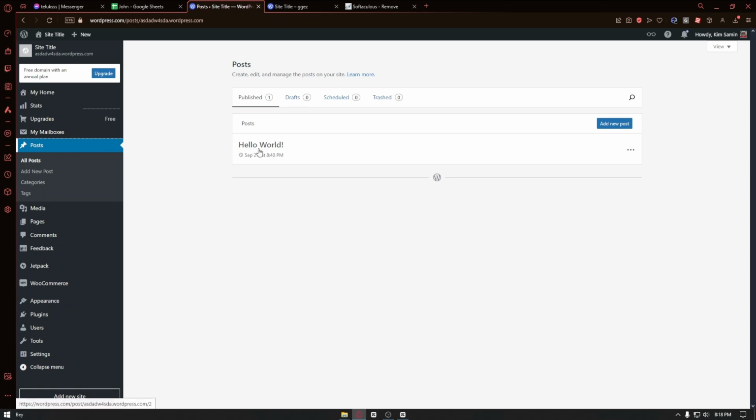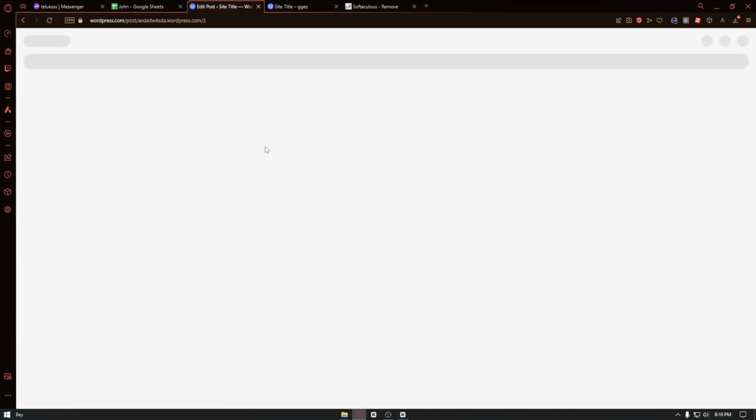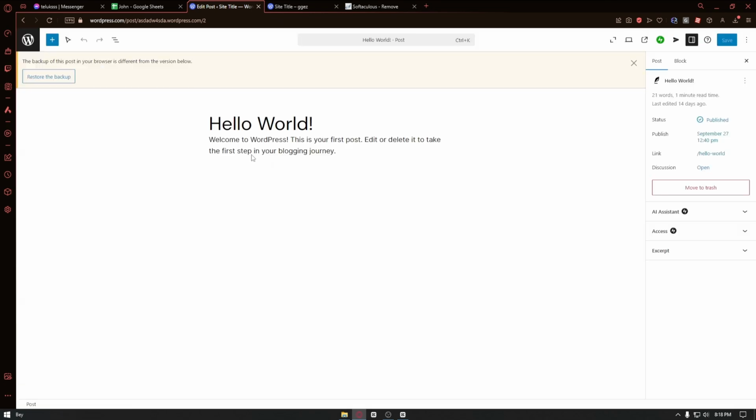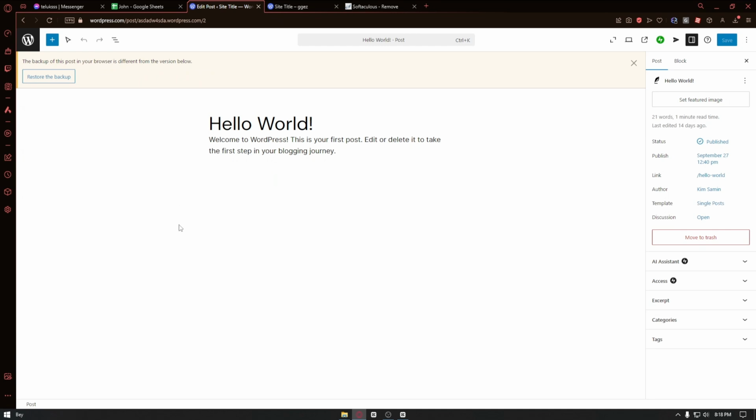go ahead and click on a post, wait for it to load in, and right after we can then see the links of our post right here. Now if I browse through my post settings, you can then see the link, so you can just click on it, and from here we can then edit